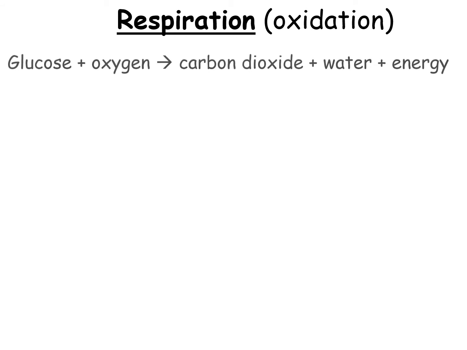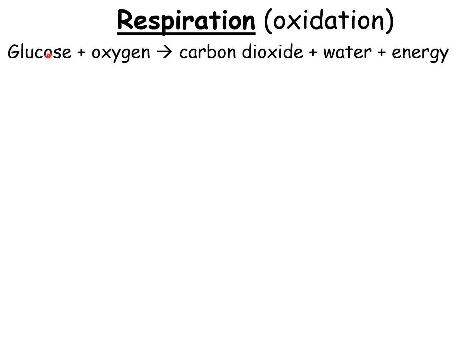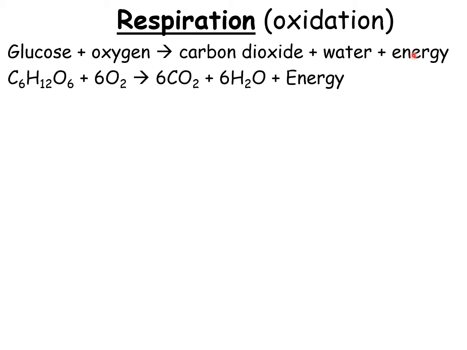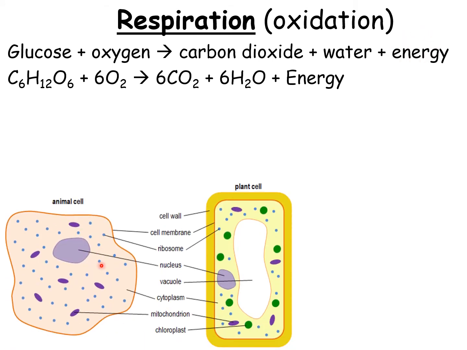Respiration is an example of an oxidation reaction as 2 elements in the compound glucose are oxidized to form carbon dioxide and water, as you will see later. Respiration is a chemical reaction which gives energy and happens inside most of the cells in our body and plants, as a matter of fact. It happens in a little organelle in the cells called the mitochondria, which are these purple structures here. The chemical reaction requires some type of fuel or sugar,